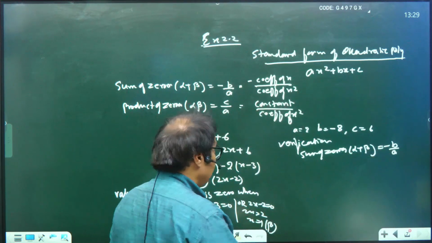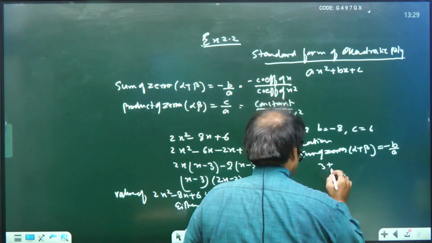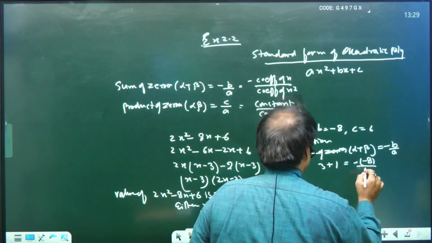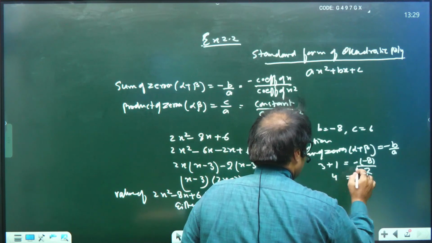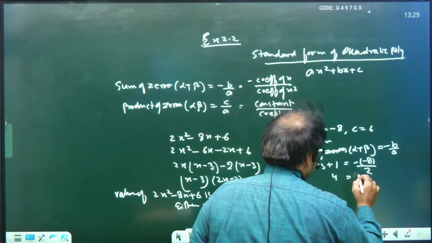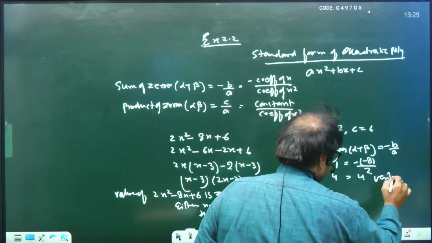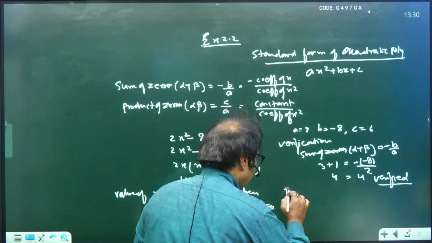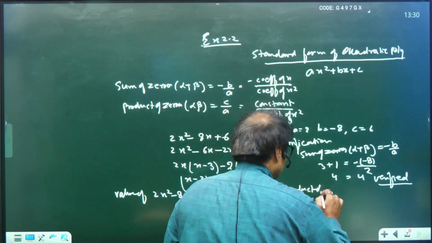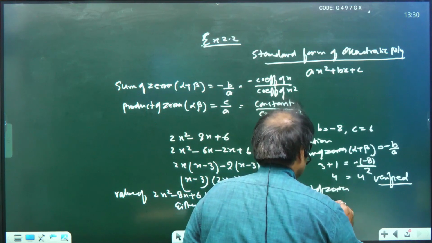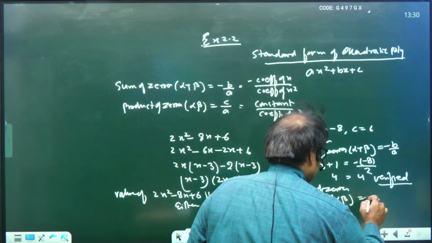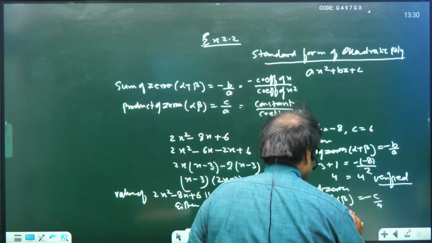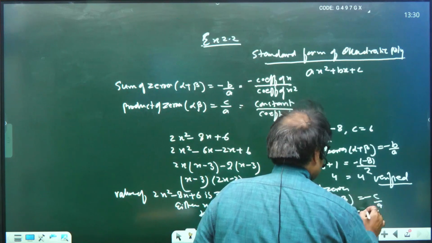So the alpha value is 3, okay, and beta value is 1, and minus the value of b is minus minus 8, and the value of a is 2. So left side 4, and minus minus plus 8, and 8 divided by 2, that is 4. So LHS is equals to RHS. It means it is verified. Okay, and now find product of zeros. So product of zeros, that is alpha beta, is equals to, as per the relationship, c by a. So the value of alpha is 3 and the beta is 1 and the